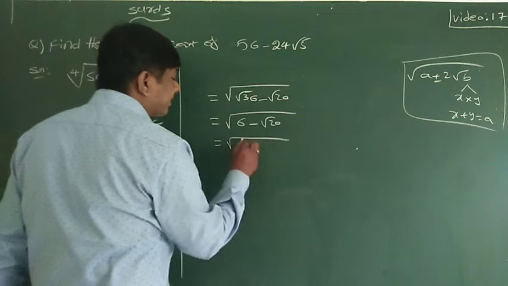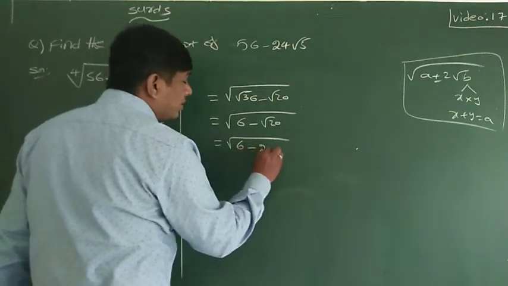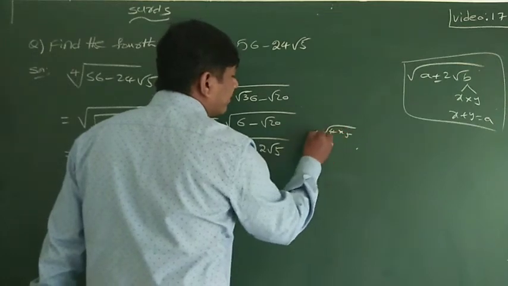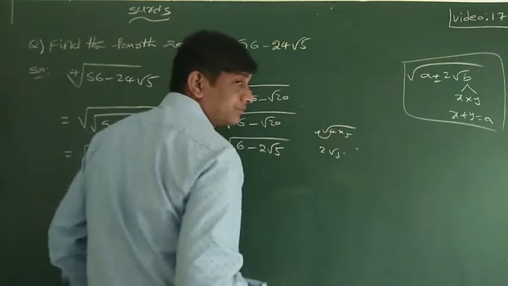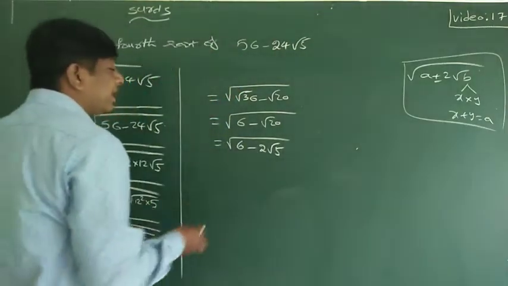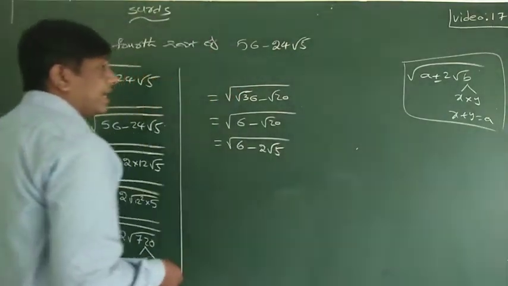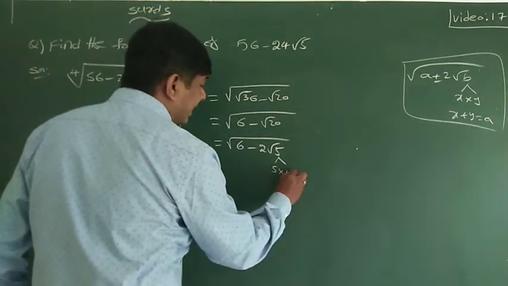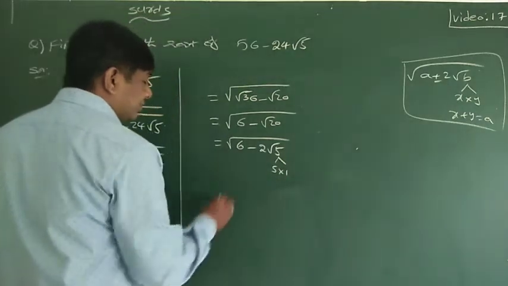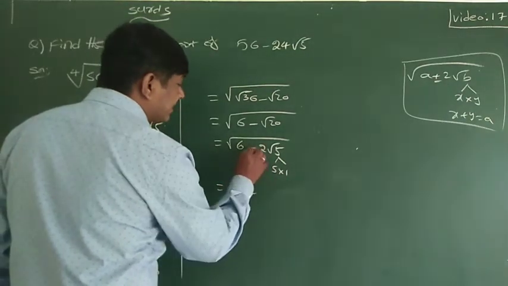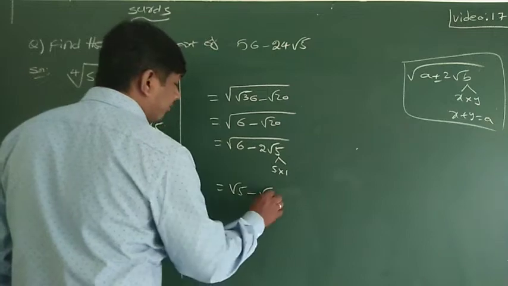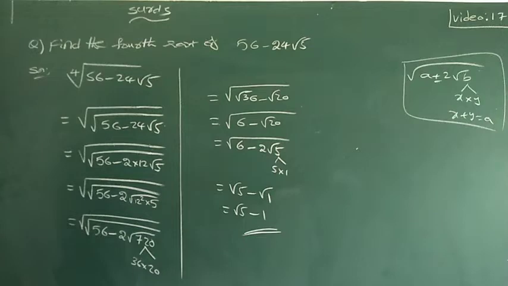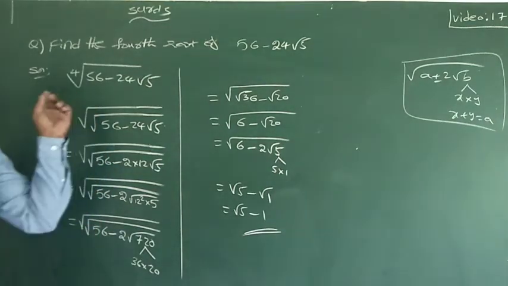But if I have it in this form, then I can apply the square root condition. Now I am writing in this form: 6 minus 2 into root 5. 20 can be done as 4 5s are 20; 4 if you take outside, 2 into root 5. Now it is in the form of a plus or minus 2 into root b. Again factors of 5: 5 ones are 5, 5 plus 1 is 6. So root 5 minus root 1, that is equal to root 5 minus 1.